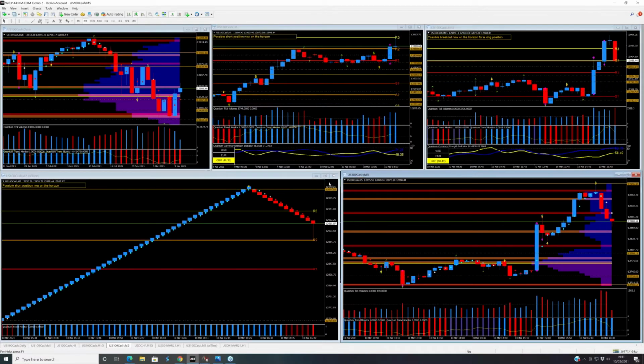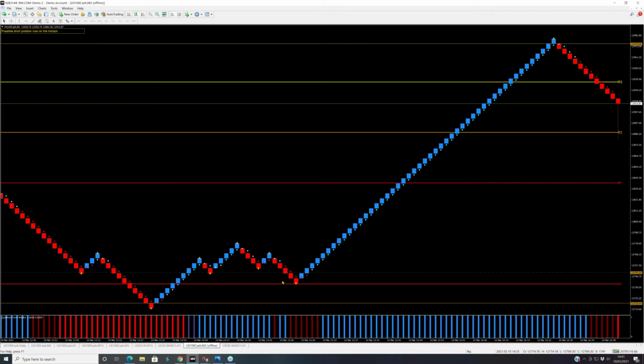for entries and exits. For entries, it's fairly straightforward, and it's the same on the Ninja version, where we look for an agreement between the colors on the trend dot that we see here with the trend monitor. And we've got a bit of congestion here, so once it clears this level here, then that is potentially a nice entry.